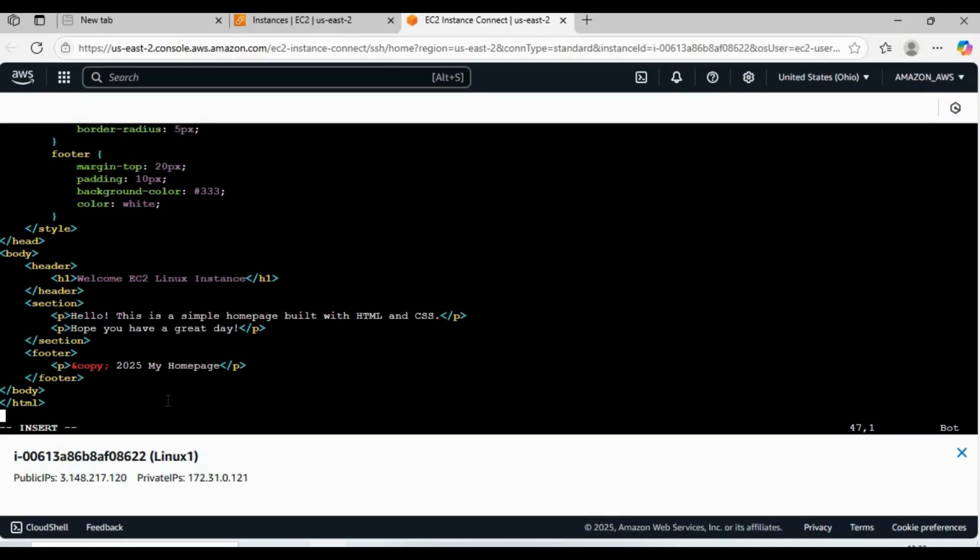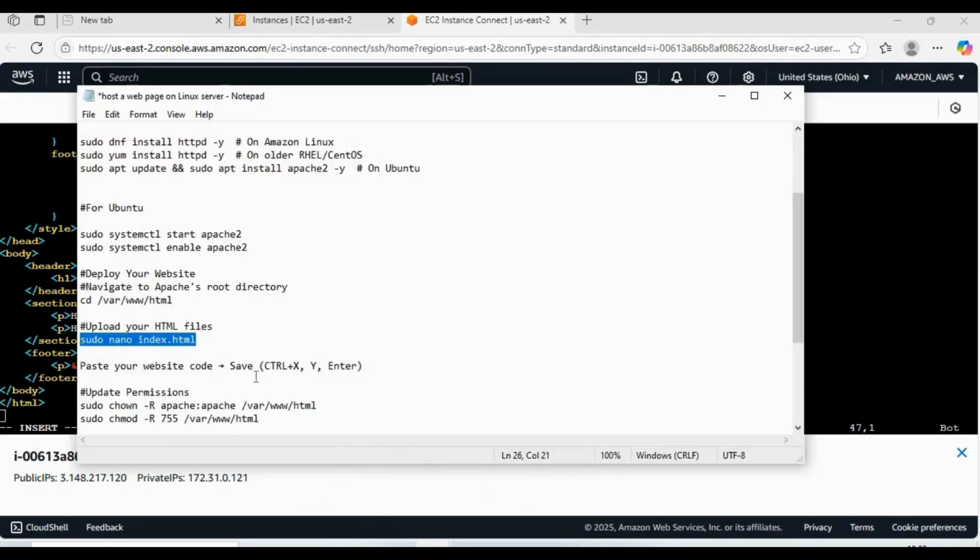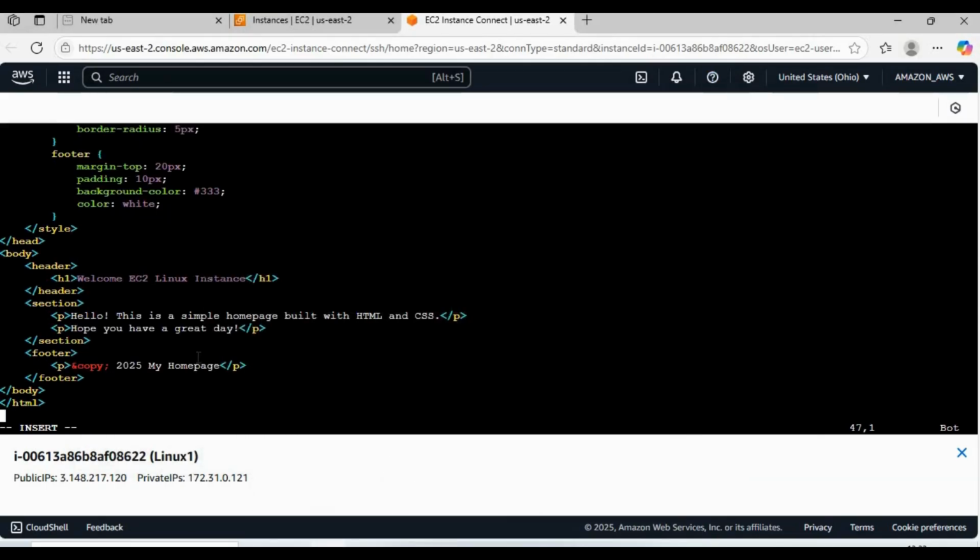To save from this editor, all we have to do is press escape, then :wq. But if you're working with the nano editor, then you have to press Ctrl+X to save your file. Further, to confirm saving the file, press Y and enter. As I have chosen the VI editor, I'm going to go ahead with pressing the key